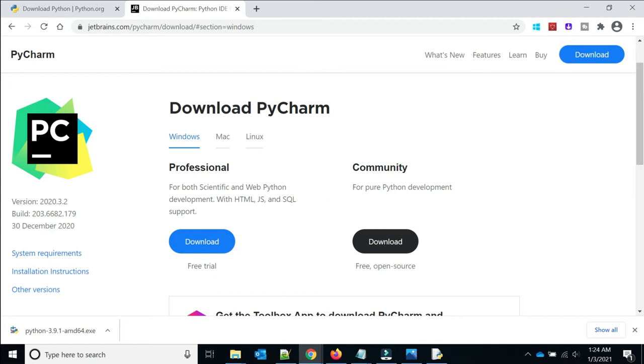The community version is free, and all your Python development activity you can do. It is free and open source, but the professional is a licensed version, and you can do web development, HTML, JavaScript, SQL, everything it will support. So we will install our community version.